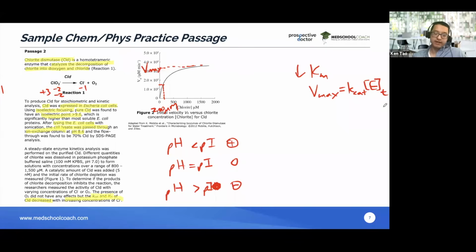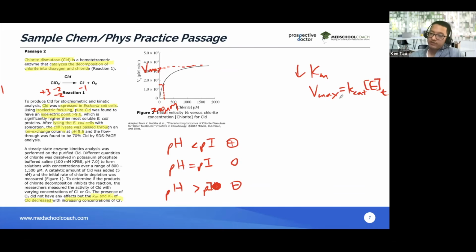It's the fastest that an enzyme can produce products, right? So for some enzymes, it might be pretty slow, one product every 3 seconds. For other enzymes, they're super fast. They can produce 10,000 products per second, right? And you definitely don't have to apologize, because for this question, you still would have gotten it right. But it's still good to make sure you know the right one just to be safe.